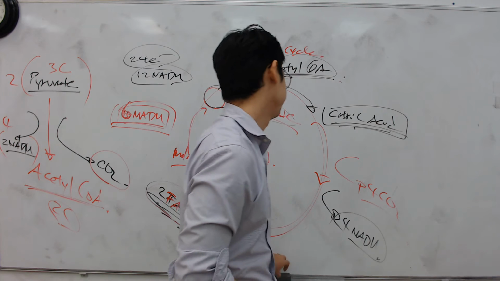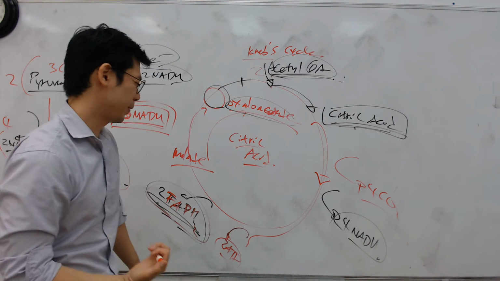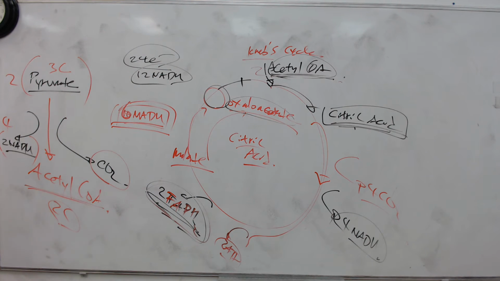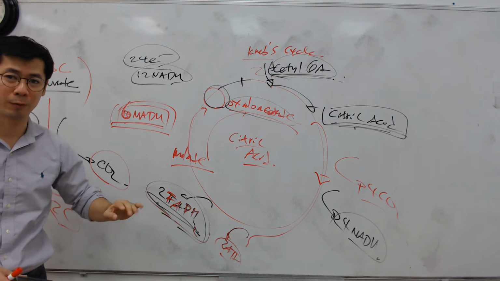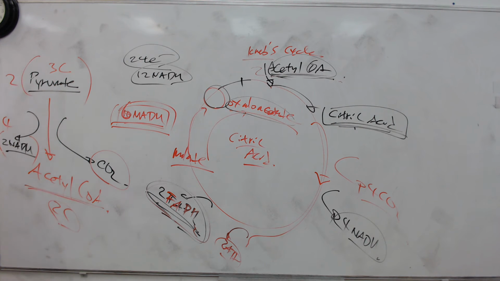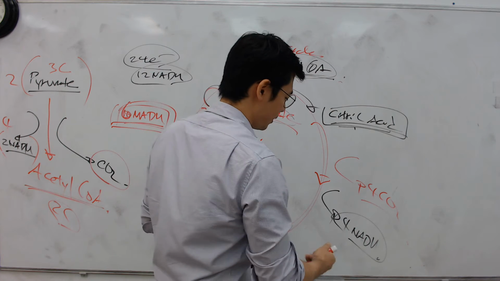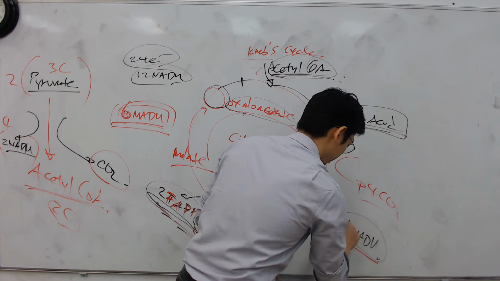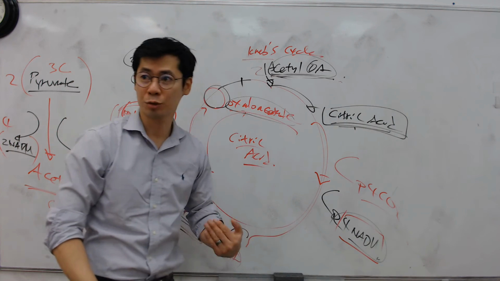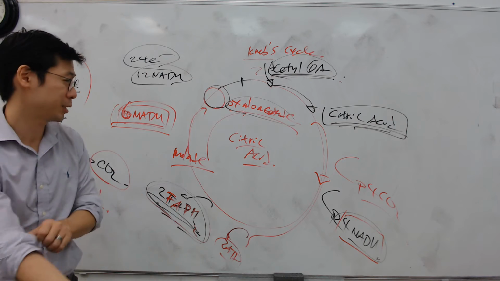Alright, so you got what I'm saying, guys. So basically, they produced a lot of these NADHs, got FADH2s, and maybe 4 ATP, and what now? So they only produce 4 ATPs now. So what do they do now? They've got these NADHs. What are they going to do with this? Is the question to ask yourself. Okay, what are they going to do with NADHs?